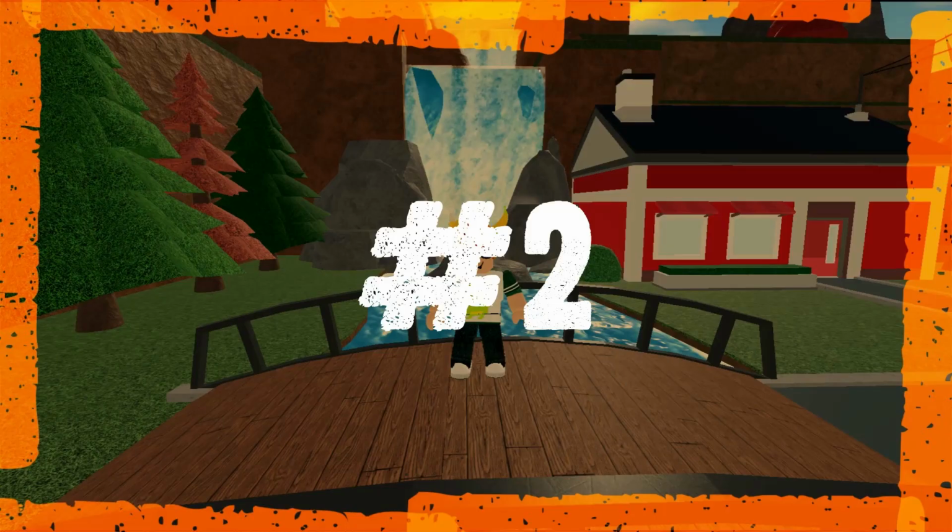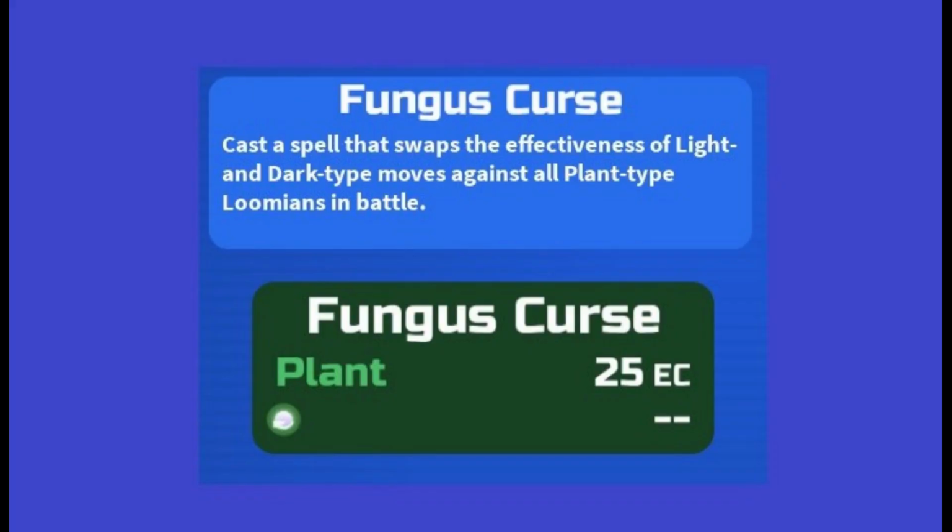Number 2 on the list is actually going to be Fungus Curse. This might be one of the worst moves in the entire game. You click this move, and you cast a spell that swaps the effectiveness of light and dark type moves against all plant types. So if Fungus Curse is active, light types can actually hit dark plant types, but dark types